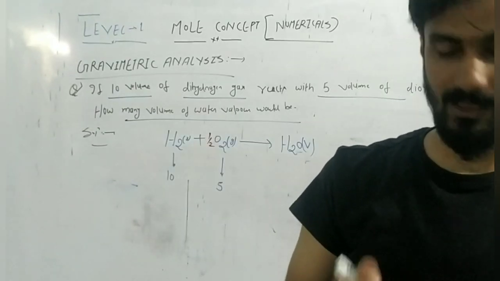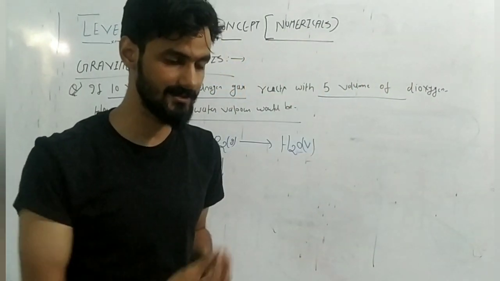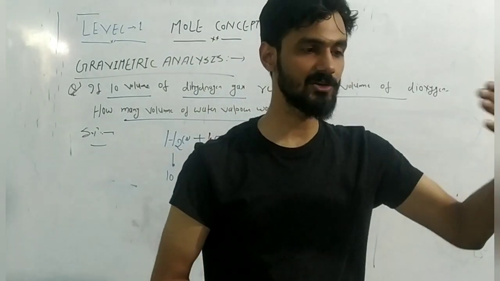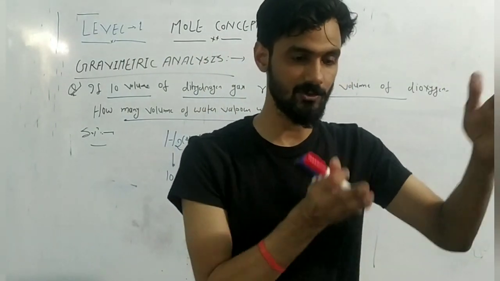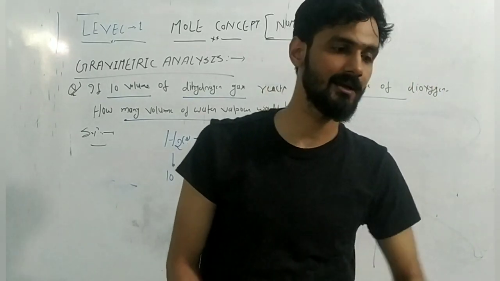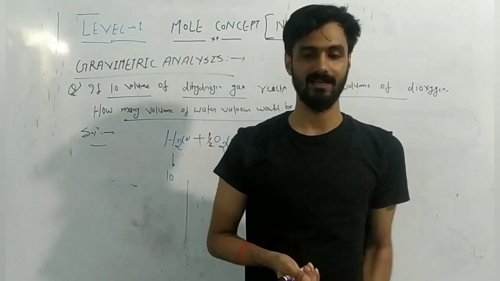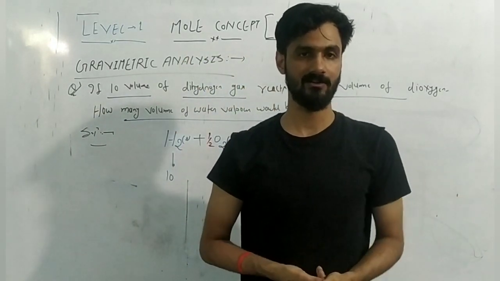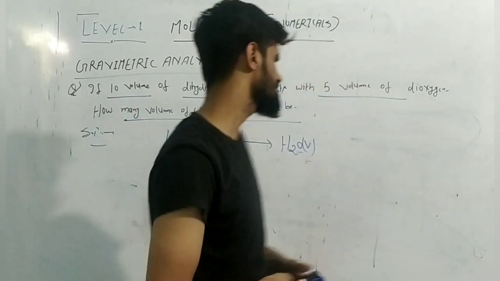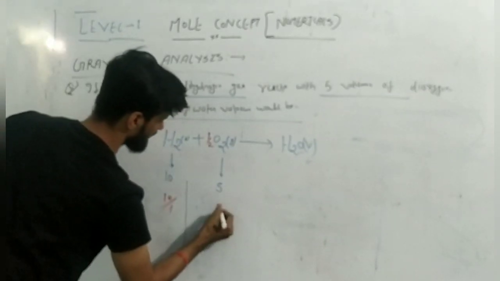Okay, because if in the question there is a limiting reagent or an excess reagent, then you have to understand that the final product produced during a chemical reaction will totally depend upon the amount of limiting reagent, because the limiting reagent is the substance which is consumed first in the chemical reaction, and once the limiting reagent is consumed, then definitely no further chemical reaction will take place. Okay, so if you write, just divide 10 by the stoichiometric coefficient 1, and 5 by 1 by 2,